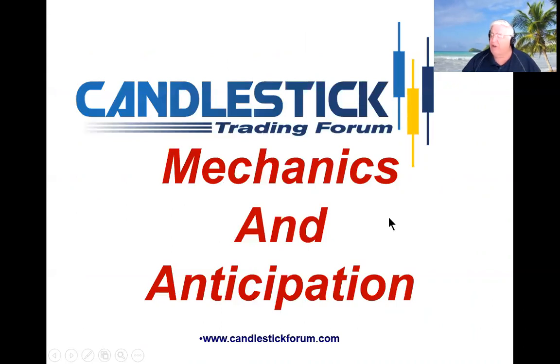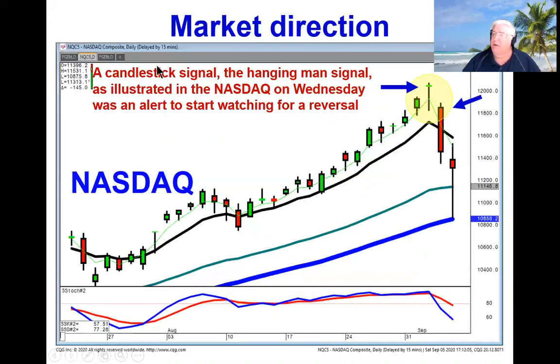And we can use a combination of the candlestick signals, allowing us to see there's a change of investor sentiment coming, so that you have much better perspective on anticipating when a price move is about to change. A candlestick signal such as the hanging man, we saw that in the NASDAQ on Wednesday, made it very simple. It was a hanging man doji. Very simple rule for a hanging man: if it opens lower the next day, start taking profits. Doji rule: price is usually going to move in the direction of how they open after a doji.